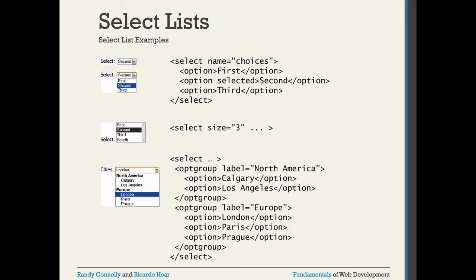So you see here the first example, select name equal to choice. Then you see option, open the option, then they put the first and close the option. Another option, then selected, second, and some kind of statement is there, then again they close the option. Then again the third, one more option, and then close the options, and the last one is the select. So this is the very simple way to create the drop down list, right? If you want you can provide size also, size equal to 3, only 3 values will come here. Got it?